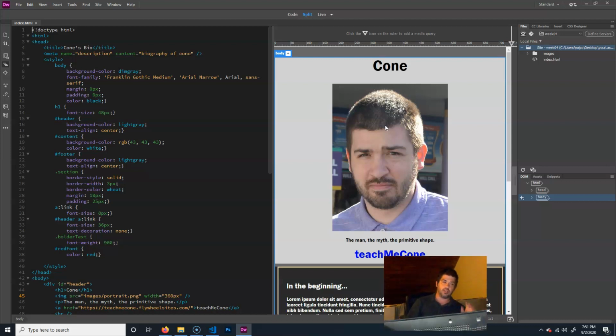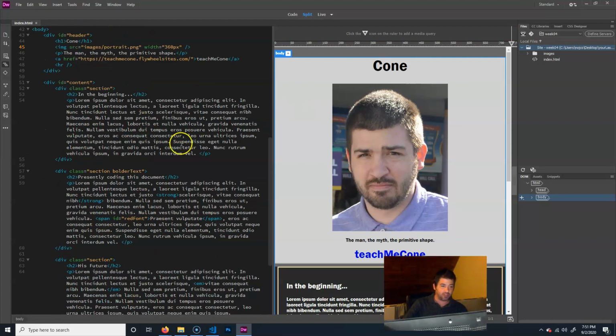Now, this is really the big thing that separates this from Visual Studio Code and all the other ones, is that it's a WYSIWYG editor. And you might go, what is a WYSIWYG editor? A WYSIWYG editor stands for what you see is what you get. All right, so what that means is that as I type things over here,